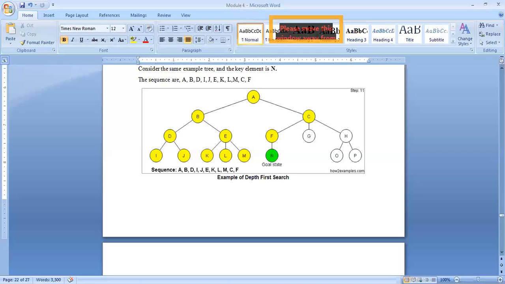Yes, we have seen, but to find a path between any two vertices, we can use either breadth first or depth first traversal. Also breadth first traversal is used to find all nodes within one connected component. In this, we can use either breadth first or depth first to find all the nodes reachable from a particular given node. These are the advantages of